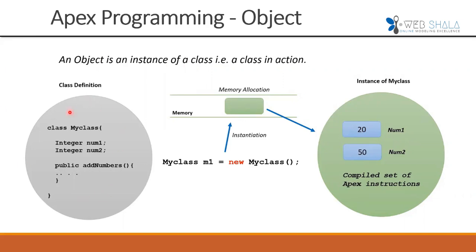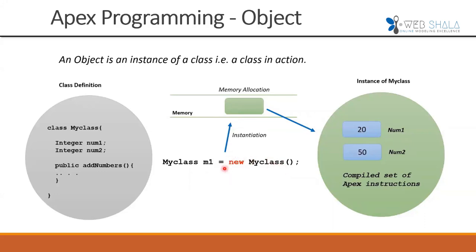Let's say I have created one class, and I am using two variables, num1 and num2, and I have written a method inside it. I'm writing a public method addNumber, which returns num1 plus num2. Now what will happen exactly when I create an instance of this class? Whenever I write something like MyClass object1 equal to new MyClass,